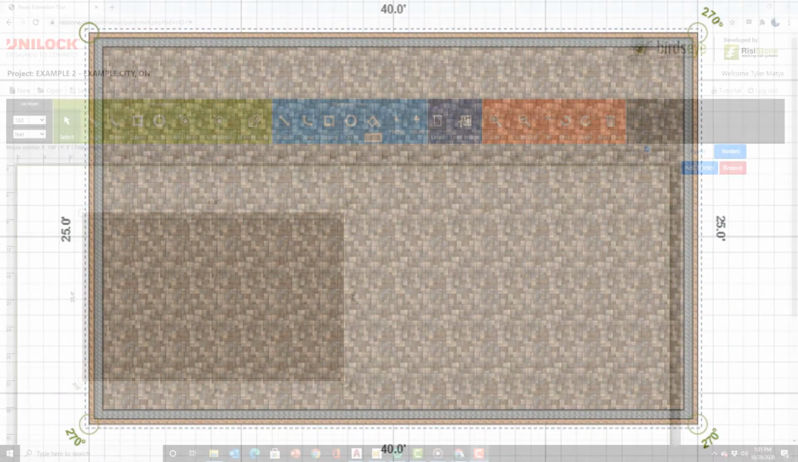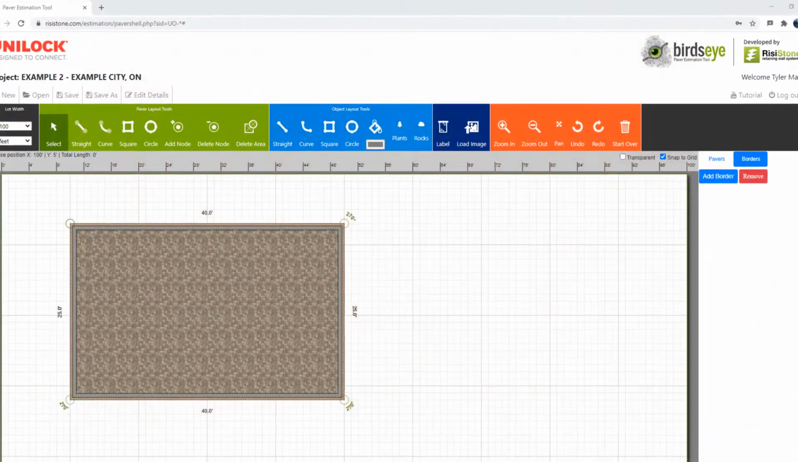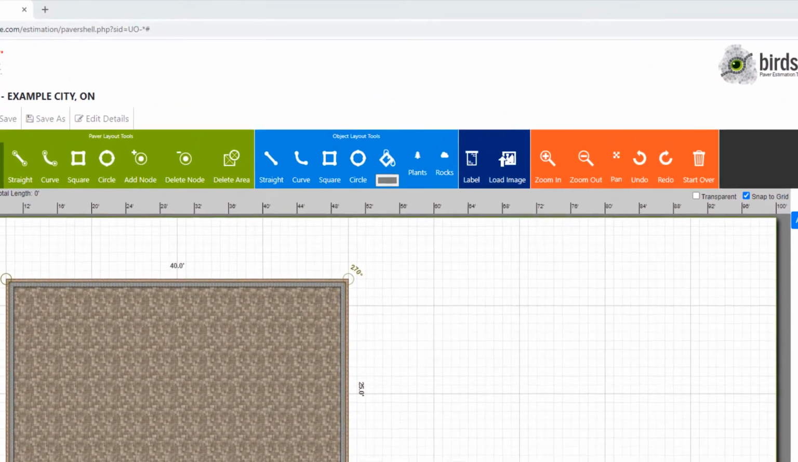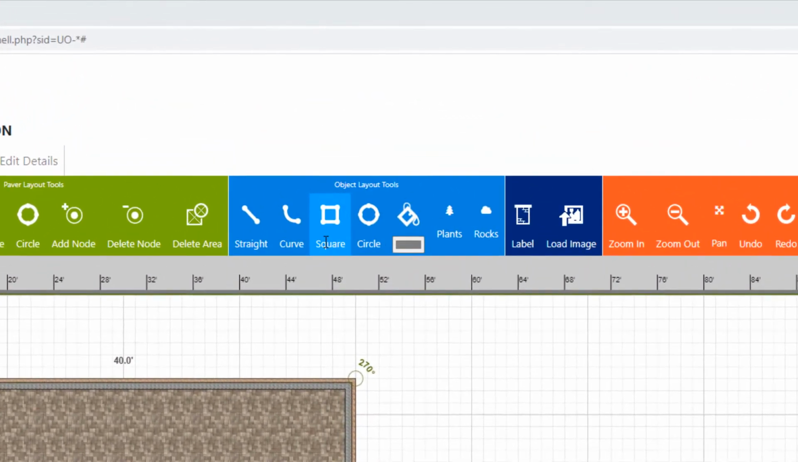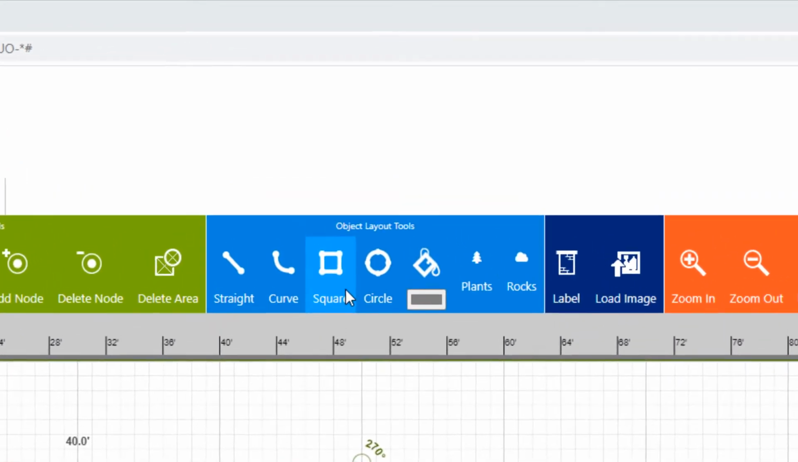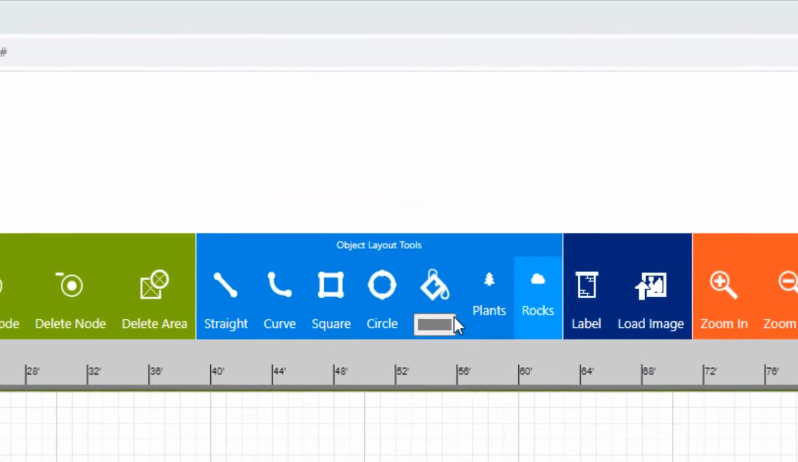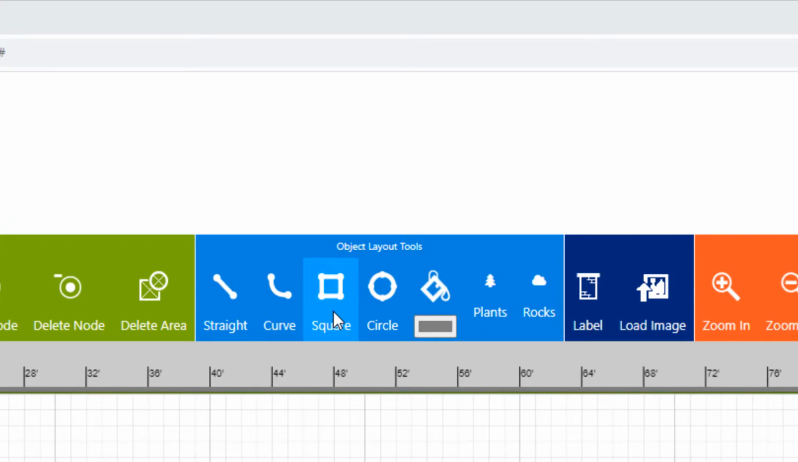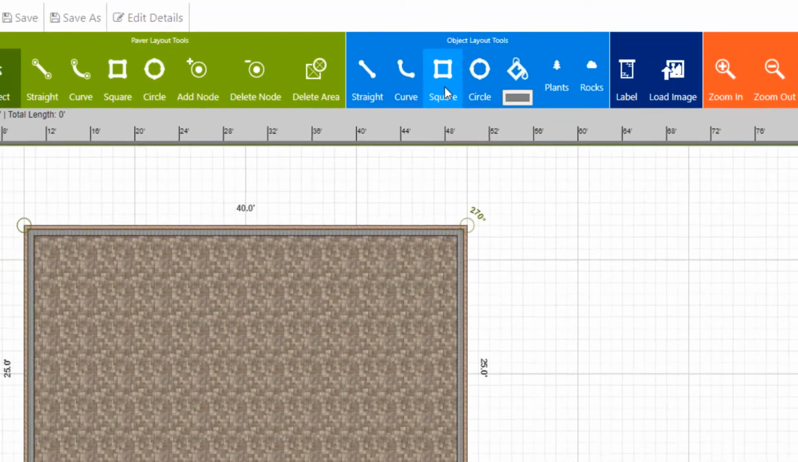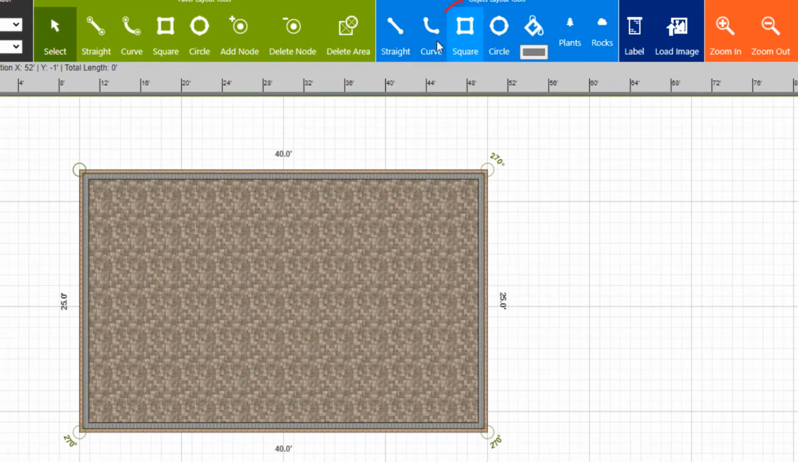To create the swimming pool area, we now use the object or blocking drawing tools, which are blue, to create shapes that are subtracted from our paver areas. This could be a swimming pool, grill island, or any other structure that will be taking up space within the paver area. We could draw our pool with either the straight line or the square shape. Since I know the pool is 12 feet by 30 feet, it is easiest to draw it using the square